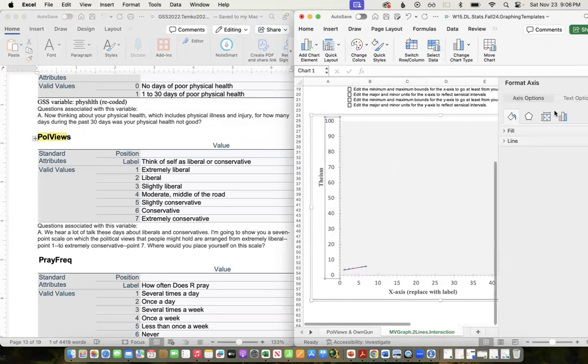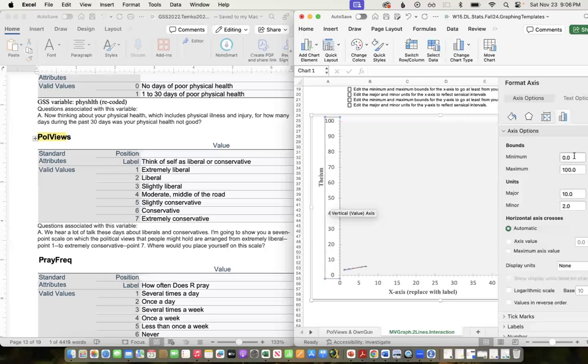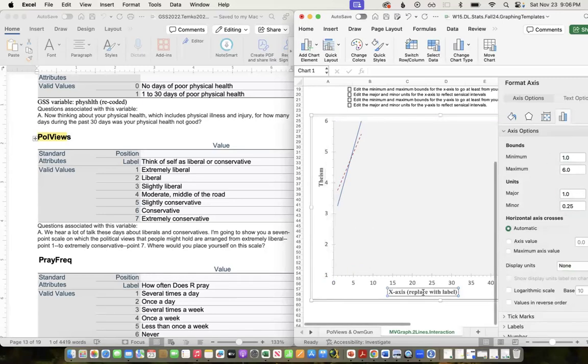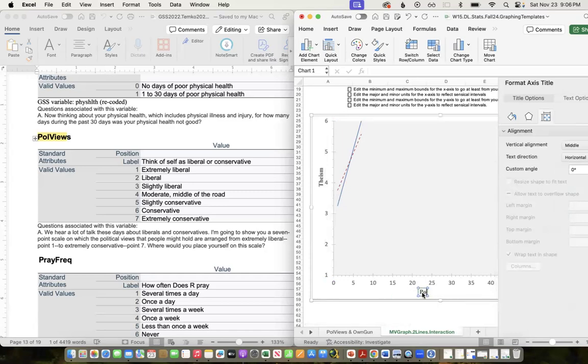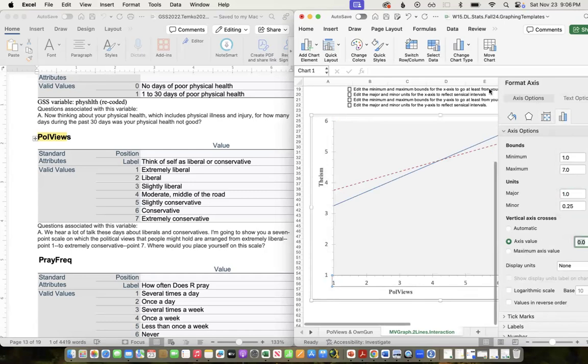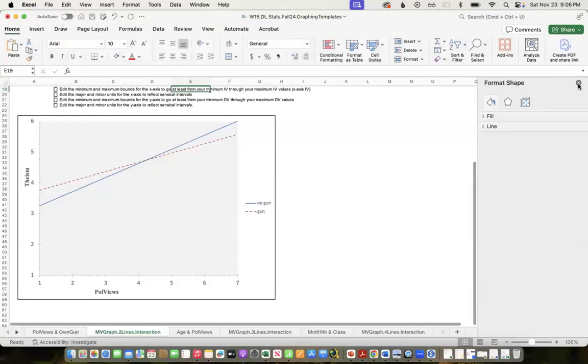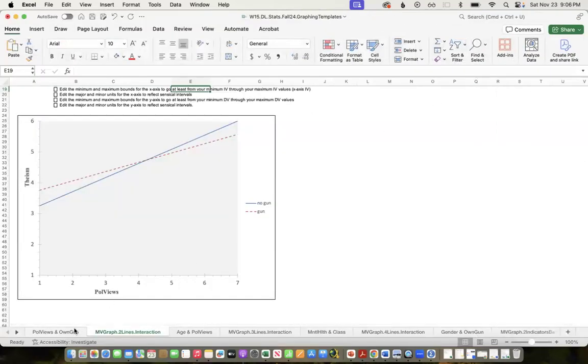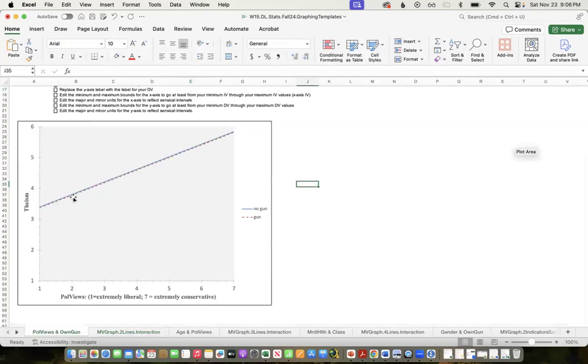And it goes 1 to 6. And this one is poll views, which goes 1 to 7. Okay, so again, here we saw that gun ownership didn't really make a difference, and there's just this kind of